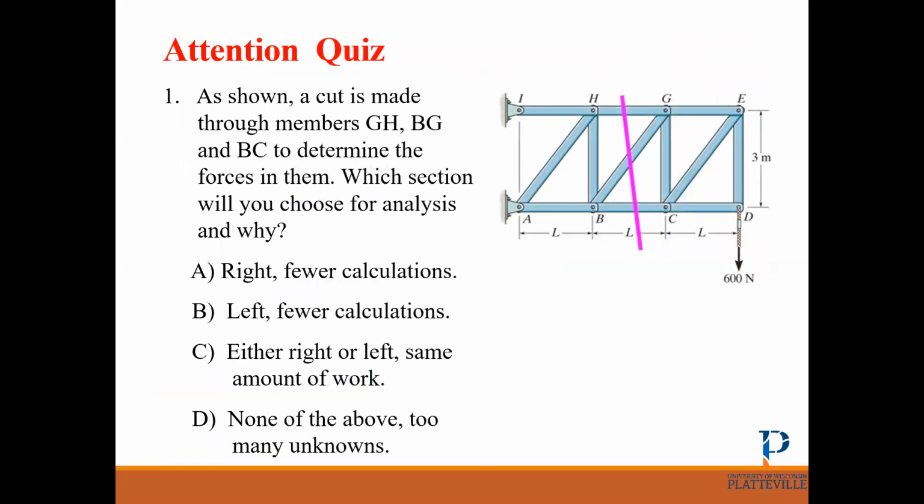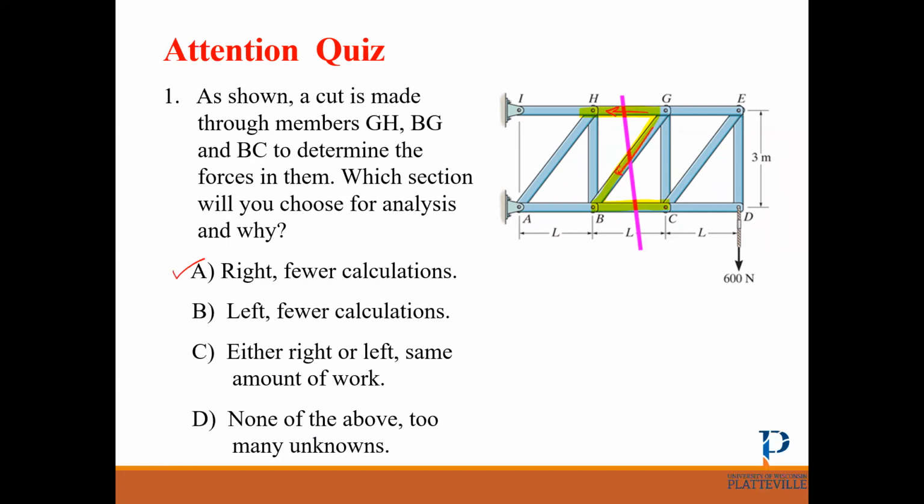In this truss, it says to determine the force in two members, GH and BG, this highlighted one, GB and BC. Which section will you choose for analysis? Section A, left side or right side? Yes, correct. The correct answer is the right side because it has fewer